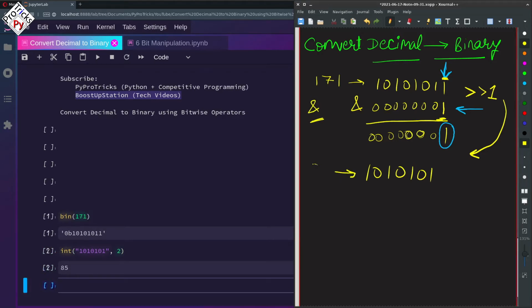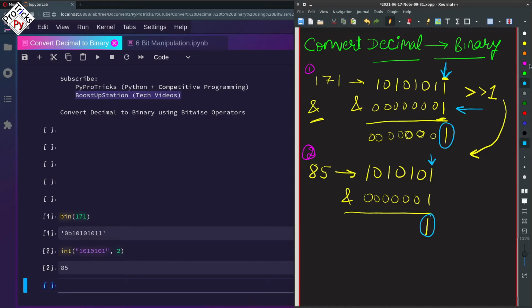So this is 85, and we are going for the second iteration now, and now again we do an AND with it. We get 1. So now we know that here also we have 1 at the rightmost position.